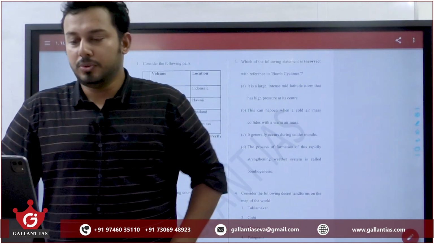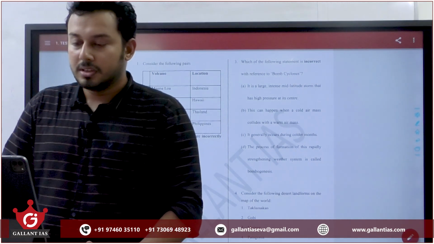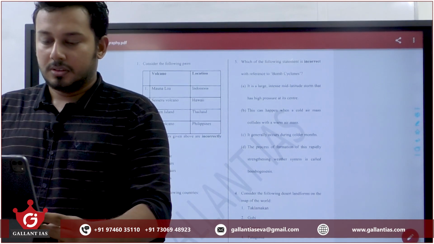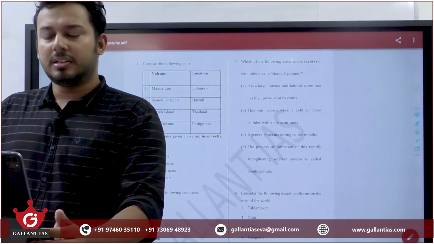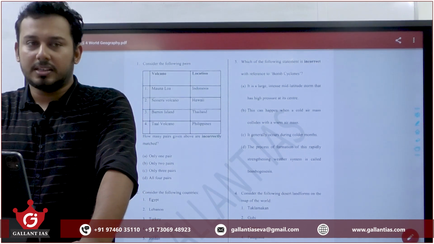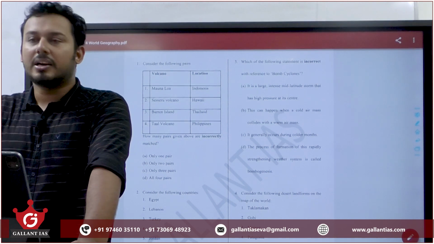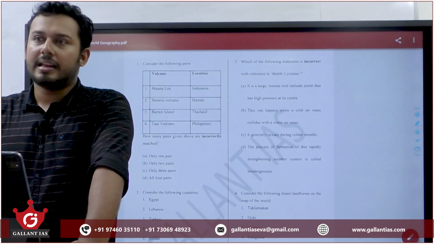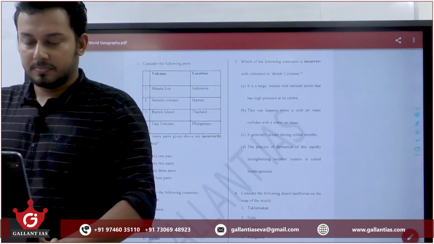19. Place the news. Solomon Islands, Senkaku Islands, Spratly Islands. Indian Ocean, North China Sea, South China Sea. Senkaku Islands you might have heard. Japanese, it's a disputed territory between China and Japan, so it is in East China Sea. Solomon Islands is in Pacific. Spratly Islands, South China Sea, you might have heard about the South China Sea dispute. 9-dash line or cow tongue. So only 1 pair is correctly matched.